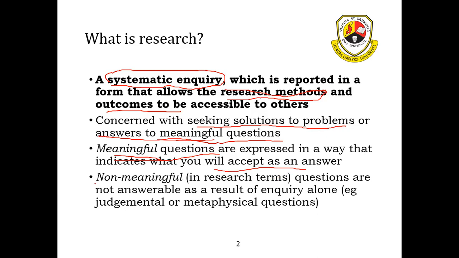Take note that you can't formulate a non-meaningful question or objective. Yeah, you can't do that. So this is one of the steps that can be time consuming, but the fact that you do it and do it properly